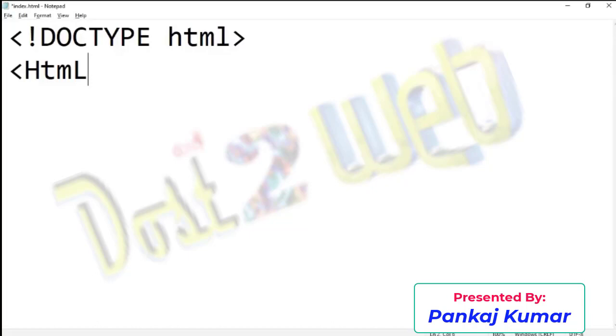So that's why, if you see the code of any website, the code will always be in small letters. And if you want language equal to English, you can give it. Otherwise, even if you don't give it, that is not a problem. As I mentioned, the first step, you have to write HTML.